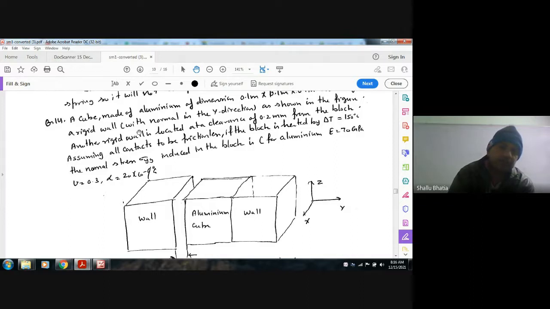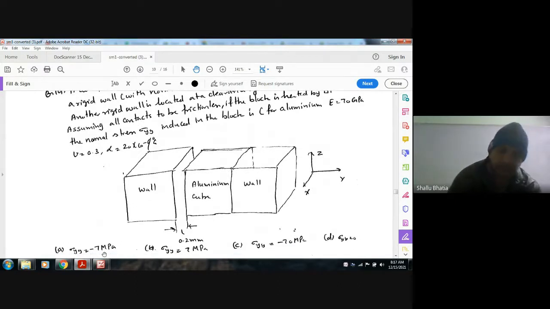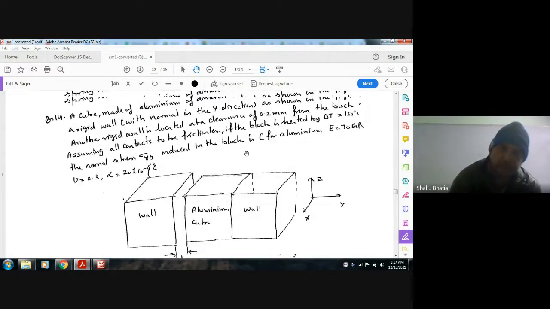the normal stress sigma yy induced in the block is, for the aluminum, E is equal to 70 GPa, mu is equal to 0.3, alpha is equal to 20 into 10 to the power minus 6 per degree Celsius. Okay, here the options are sigma yy minus 7 MPa, sigma yy plus 7 MPa, sigma yy minus 70 MPa, and so on. Here the clearance is given, and the increase in temperature is given, that is 150